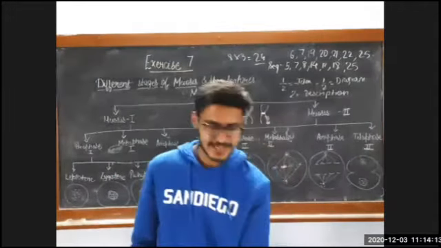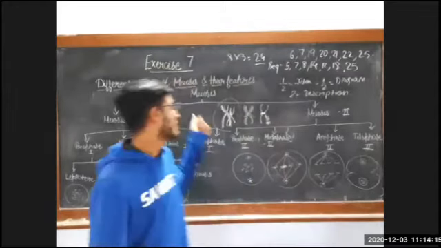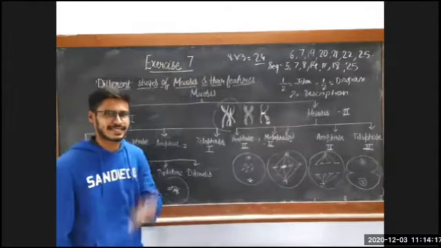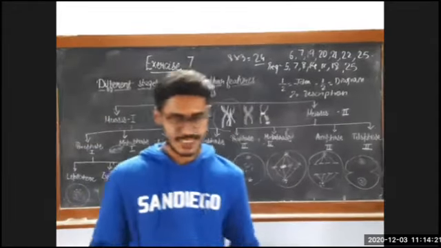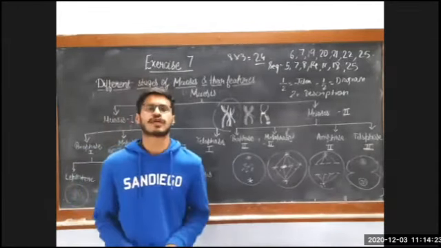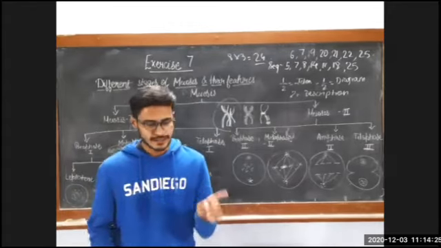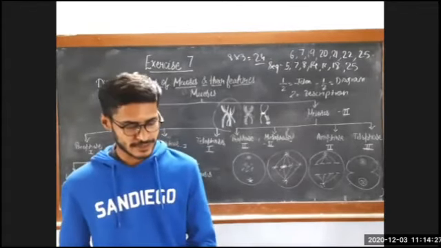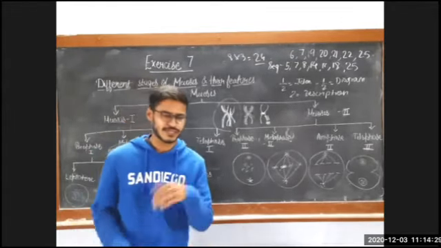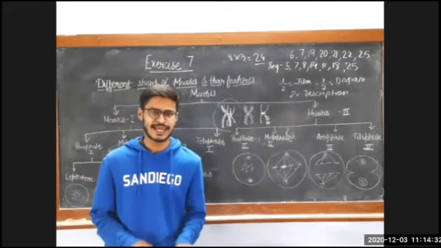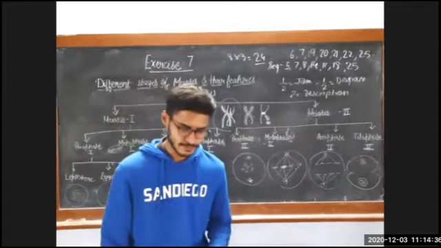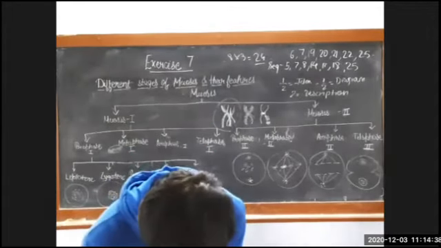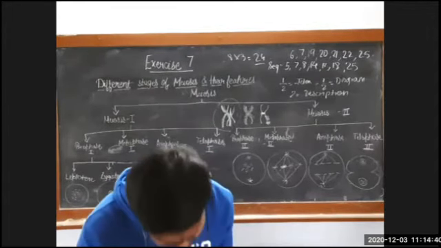In this exercise, both exercise 7 and exercise 8 are only specimen-based. There is no specimen as such. There will be only the photograph. You have to identify it, then write about it, and the diagram is there, but you can still draw it and write 2 or 3 lines about it, what the stage is, and describe it in short. So we are done with exercise 7 and exercise 8.